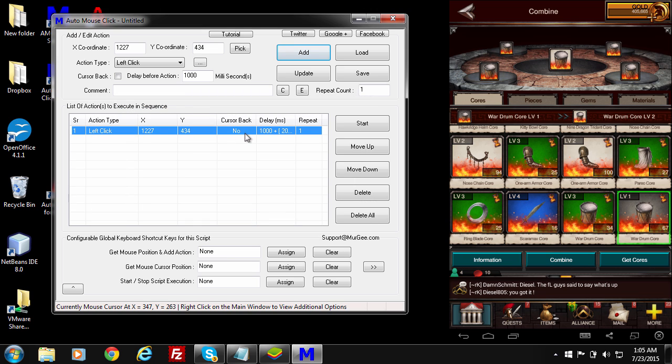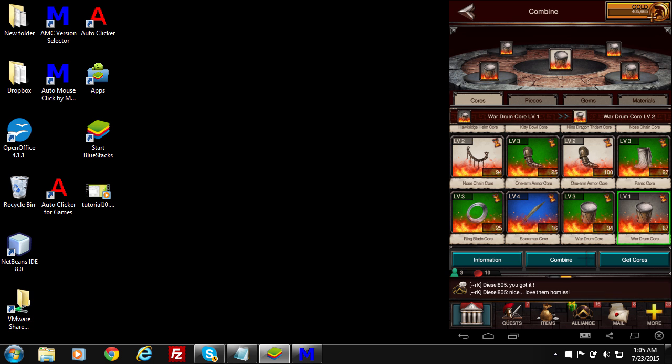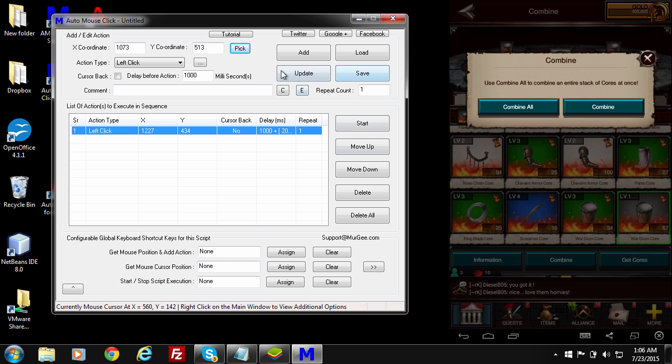So there you go. Here it is. The X coordinate on the XY plane, looking at your monitor, is 1227, and the Y is 434, and it's going to do a left click, which will select this. The next thing I would do is hit the combine button down here, and that is a left click also. So I click add. Now I'm selecting the bottom right, I'm hitting combine,